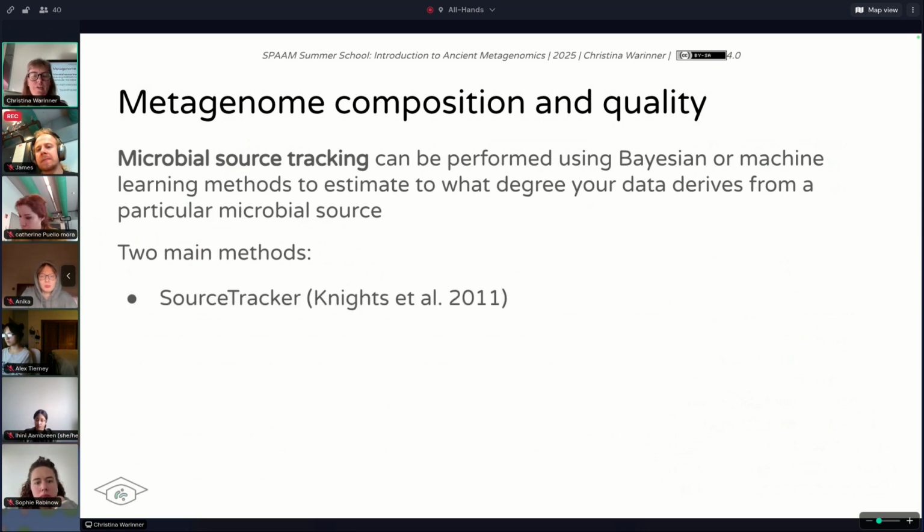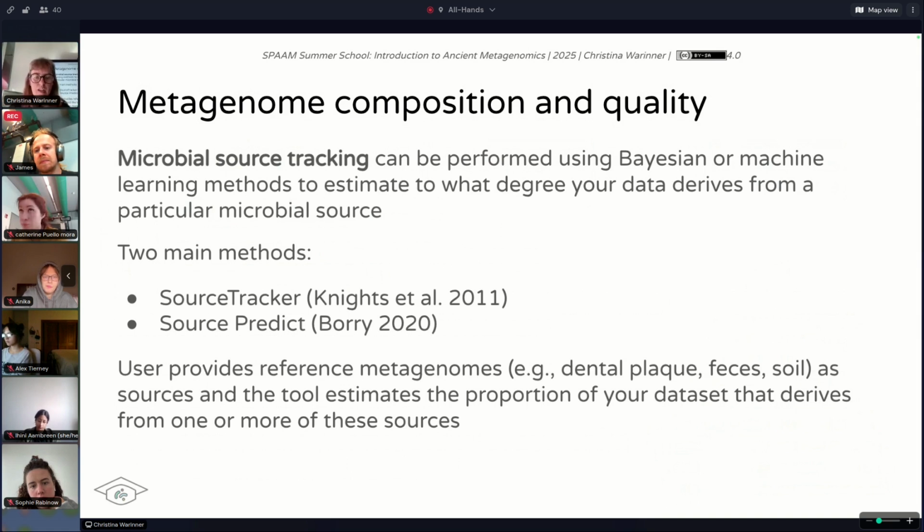So there's two main methods. Source Tracker, which was developed by Dan Knights in 2011, or Source Predict, developed by Maxime Borry here at the MPI in 2020. So the user provides reference metagenomes. So let's say Human Microbiome Project dental plaque, feces, or soil metagenomes as sources. And then the tool tries to estimate the proportion of your data set that derives from one or more of